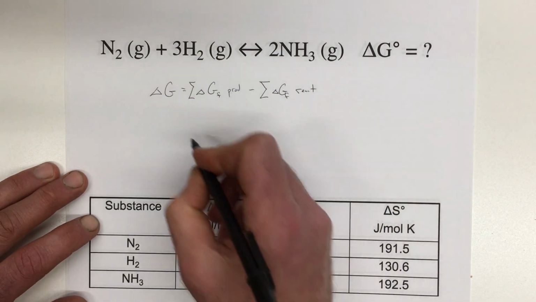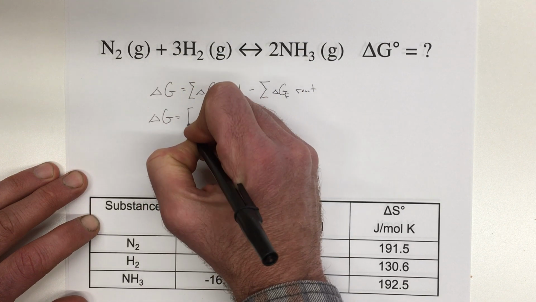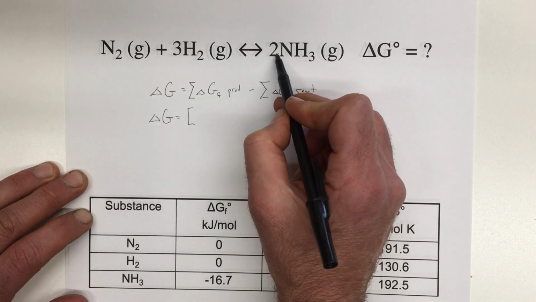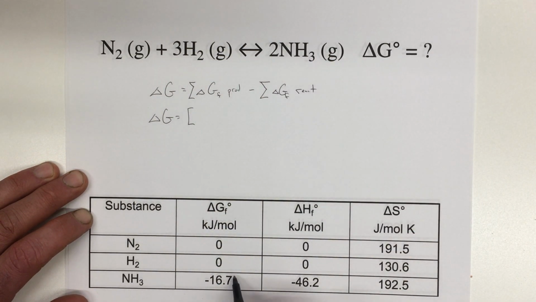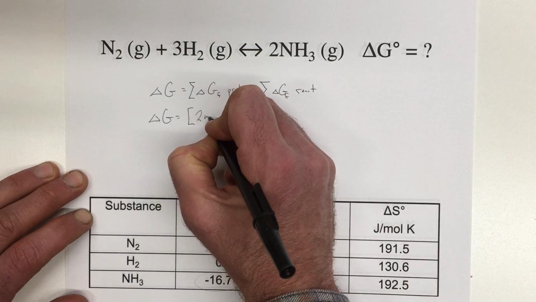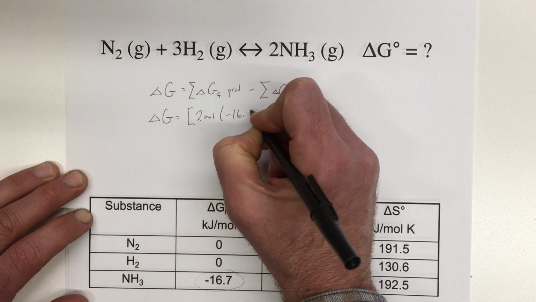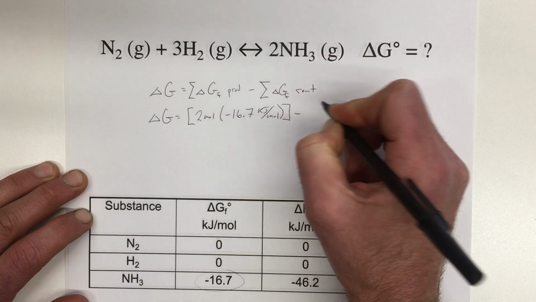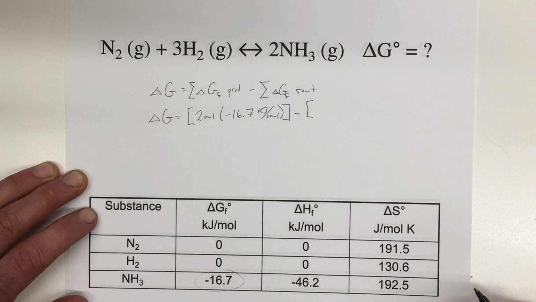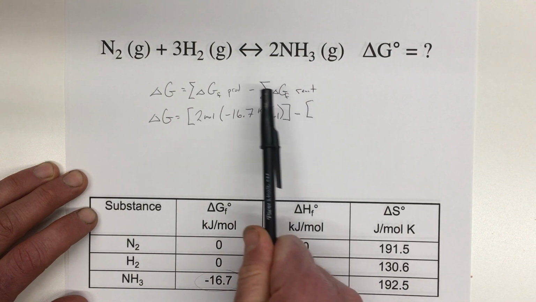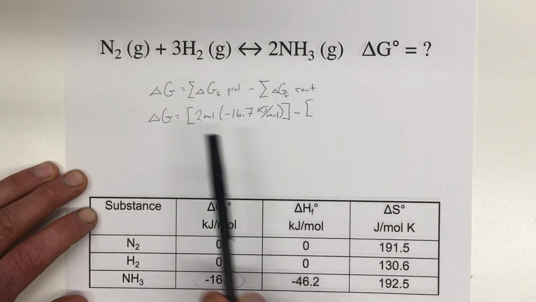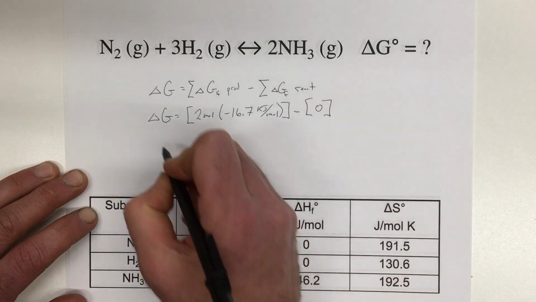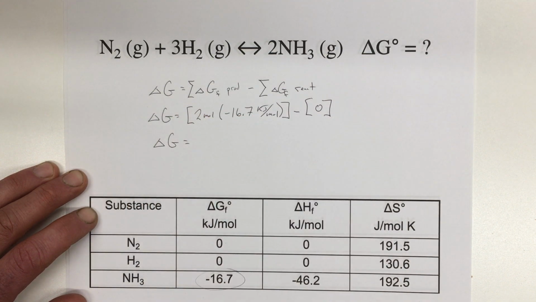And so using these values, delta G is equal to the Gibbs free energy of formation of your products. My product was just 2 moles of NH3, so 2 moles times negative 16.7 kilojoules per mole. And then minus the Gibbs free energy of formation of my reactants. My reactants are nitrogen and hydrogen. Since both of those are elements in their standard state, they're both 0, so minus 0. And then we find delta G, and it comes out to be